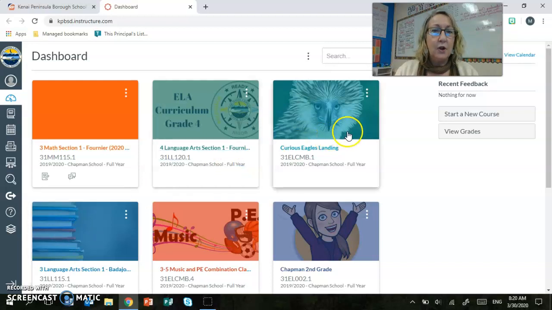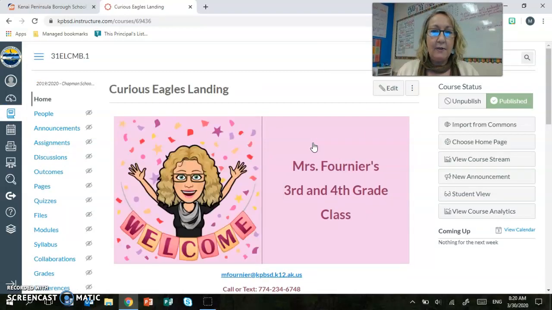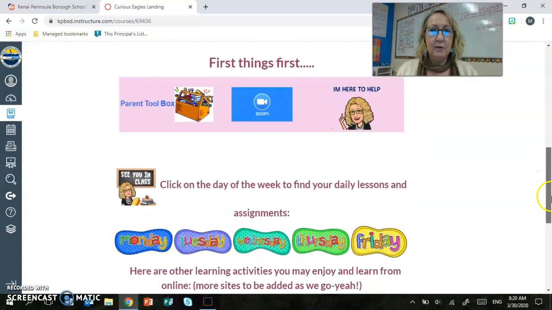This morning, you're going to go to the Eagle. This is our class, okay? Click on the Eagle. Okay, there we go. There's a Bitmoji of me, Mrs. Fournier's 3rd and 4th grade class. When you get here, you're going to scroll down to this Zoom box right here, okay? You're going to click on it, and it will take you directly to our Zoom meeting at 9 o'clock,